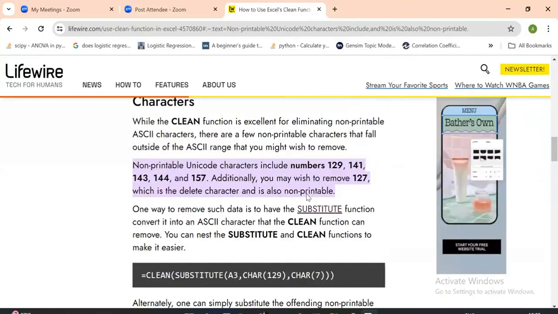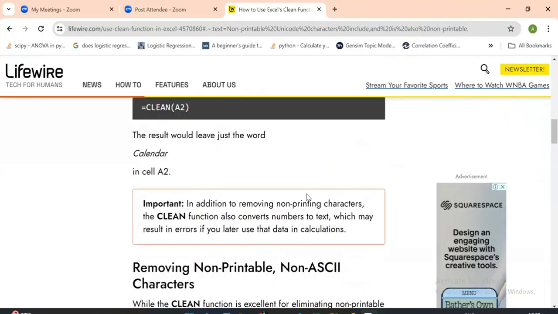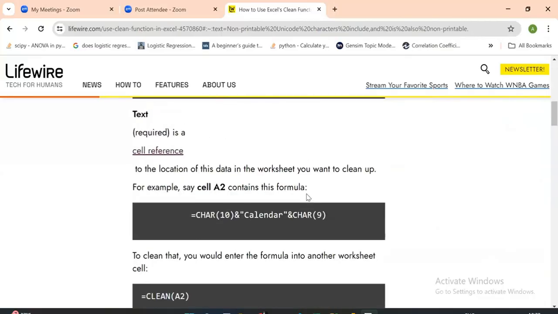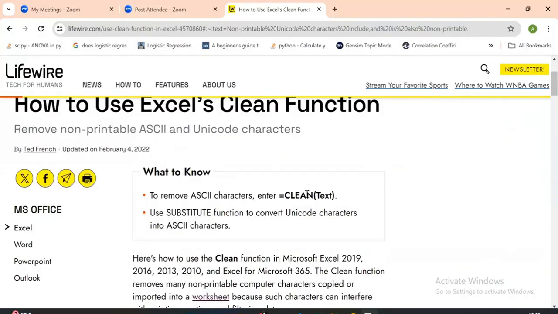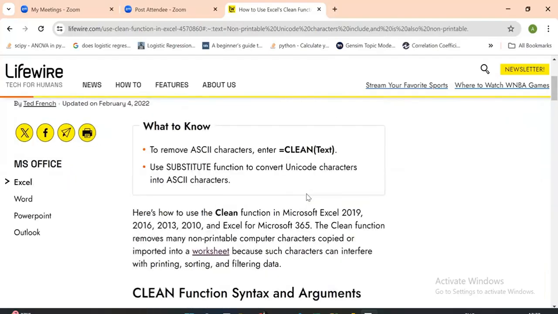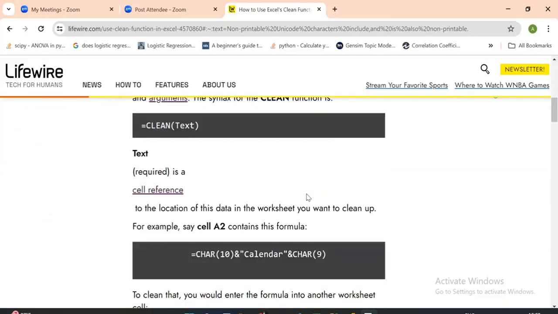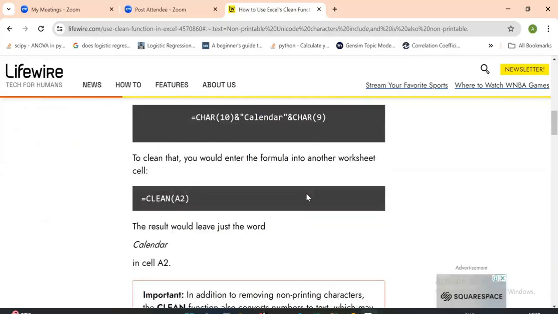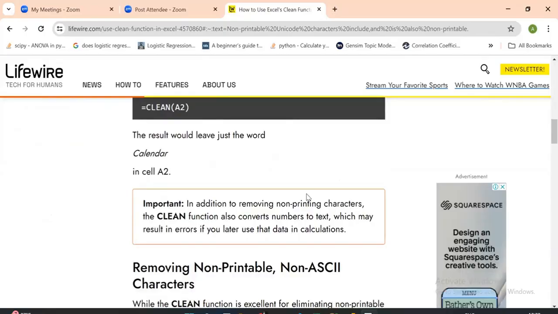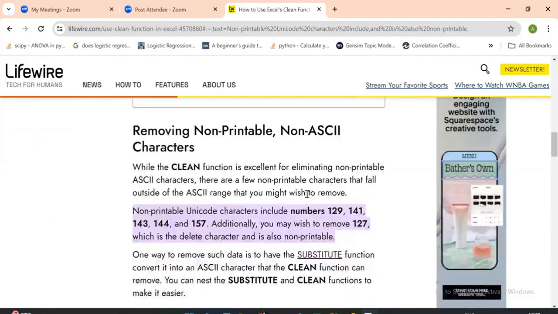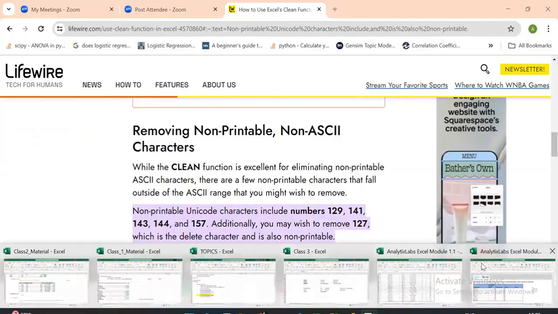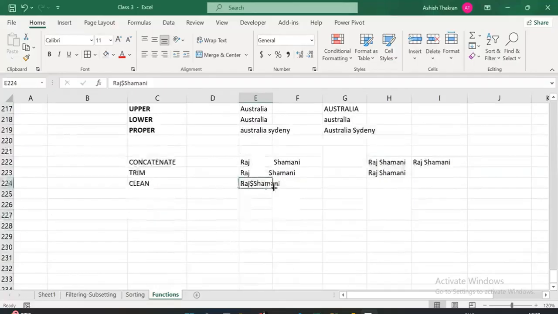Next. Okay, numbers 129, 141. Okay, let's check. 129A, let's say. And if I say clean,